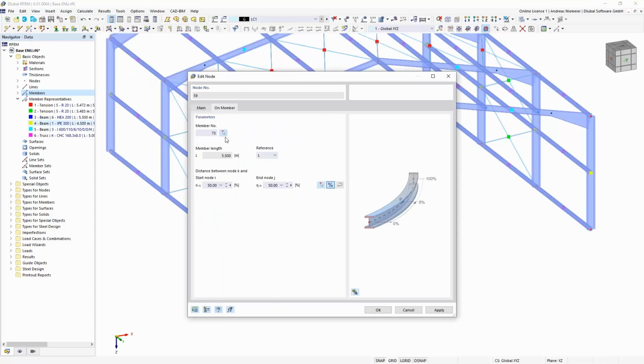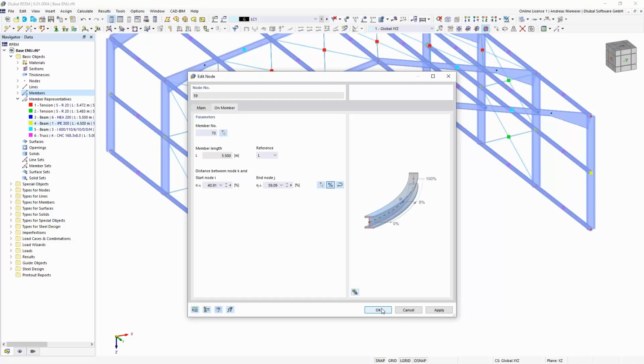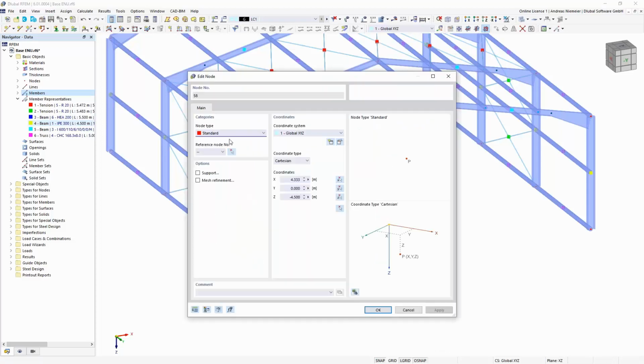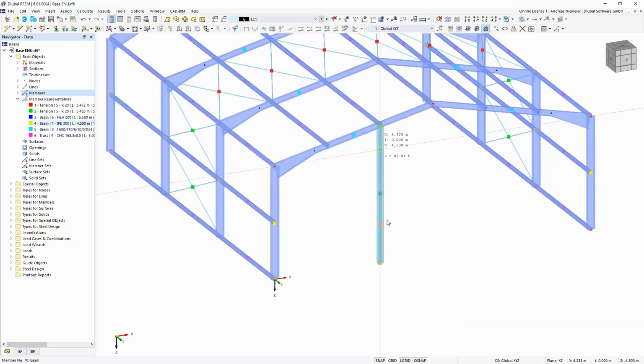Say it's a part of member 70, and I define the place on this coordinate of the member. After confirmation it changes its color and will now be a node on member. The same for the upper one, member 70, and the place is this one.